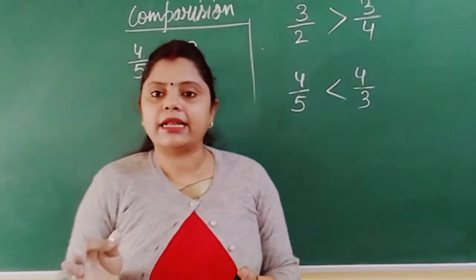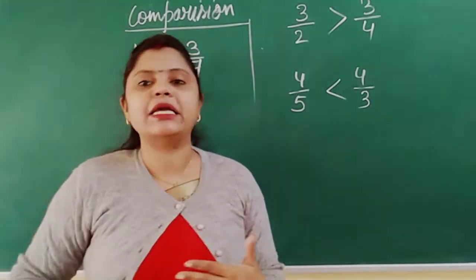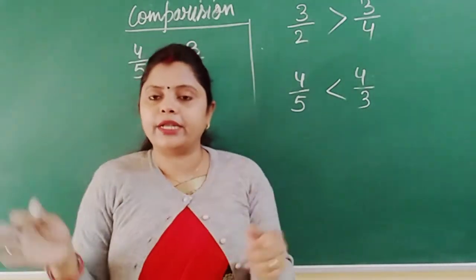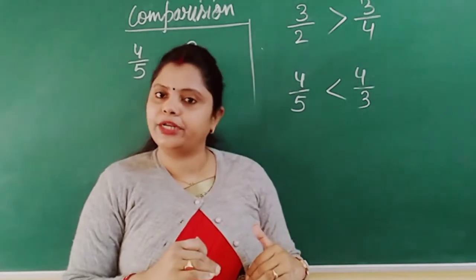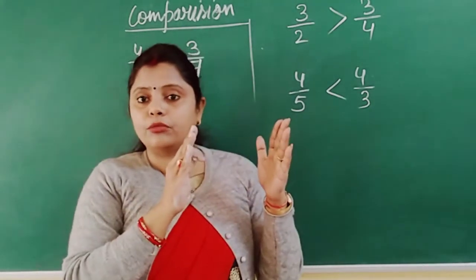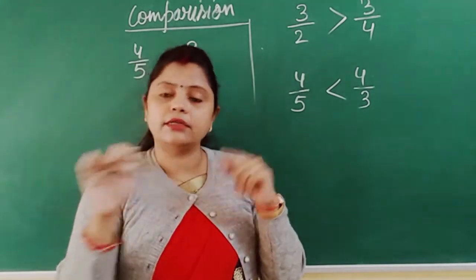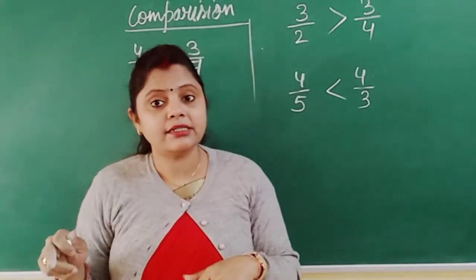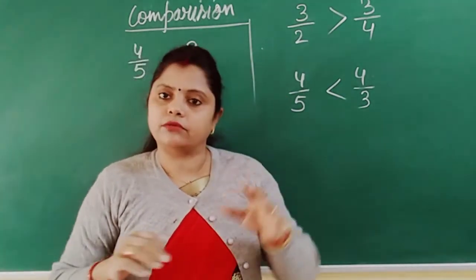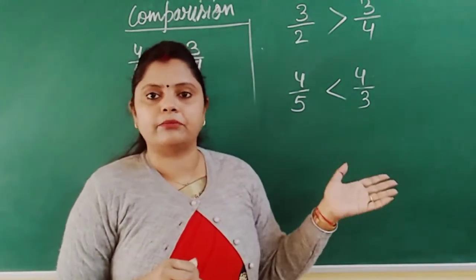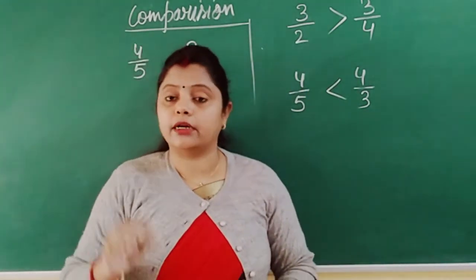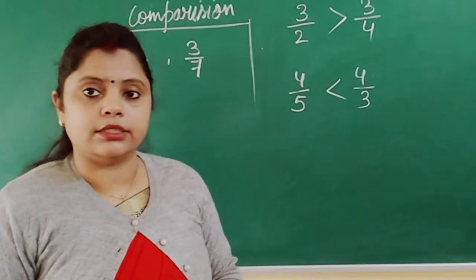So these are certain criteria where just by seeing, we can understand which one is greater or which one is smaller. If numerator is same, smaller denominator is the greater fraction. If denominator is same, the numerator with the greater value is the greater fraction, which we discussed in the earlier example. So these things we can simply see and say which one is greater. But let us come to the other thing.